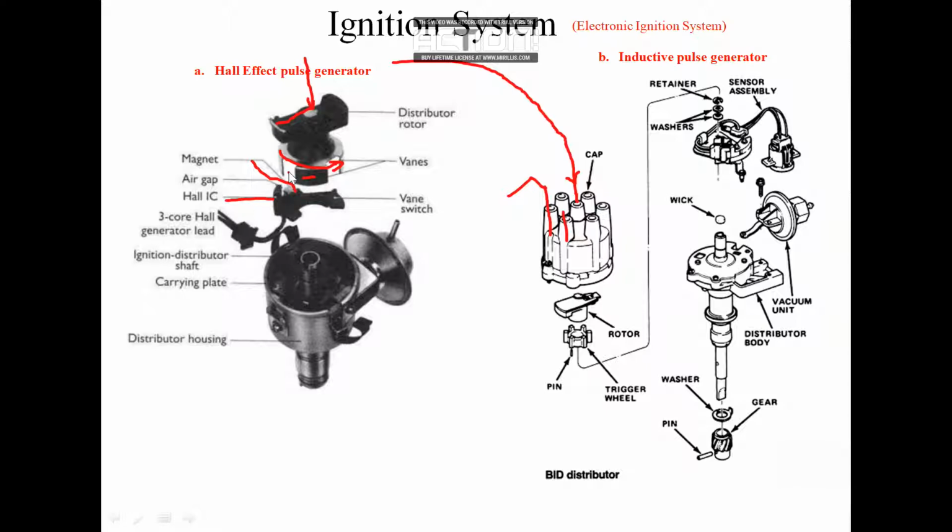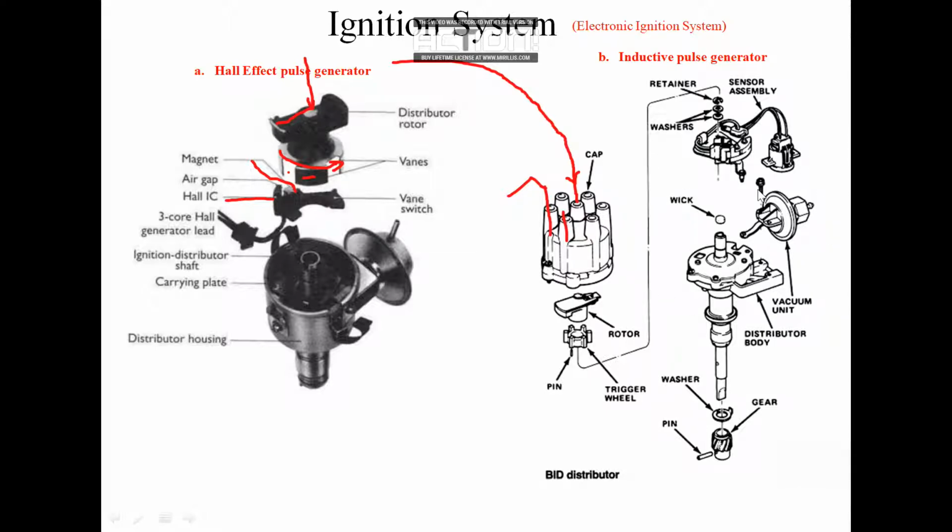Only with the input from this, it does not start the triggering or ignition action. So this is the advantage of this system. It is not taking only one input, it takes a number of inputs in order to have optimum ignition timing. So this is a Hall effect IC.